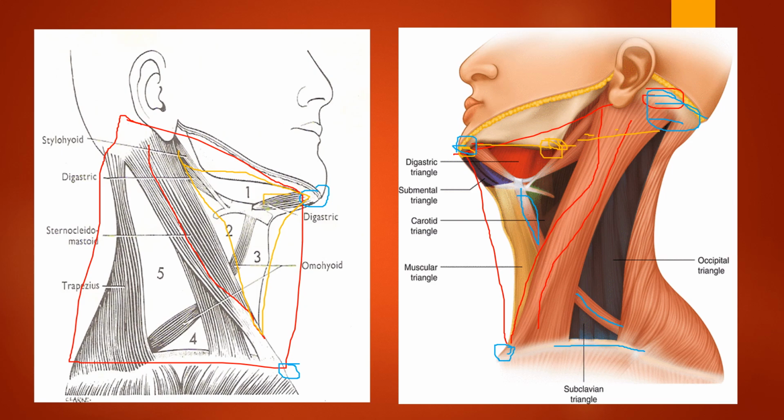Anterior belly, this is going to be the anterior belly and the posterior belly. Yes, so here also you can see this is going to be the anterior belly and this is going to be the posterior belly. Anterior belly and the posterior belly, they are connected by means of tendon in between, and the stylohyoid muscle, you can see this one. Yes, this is going to be the stylohyoid muscle.